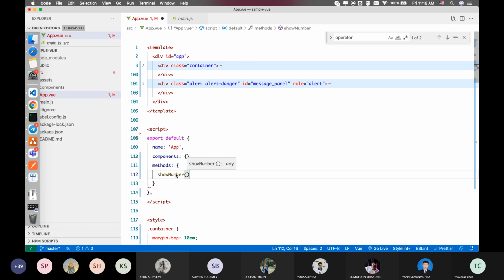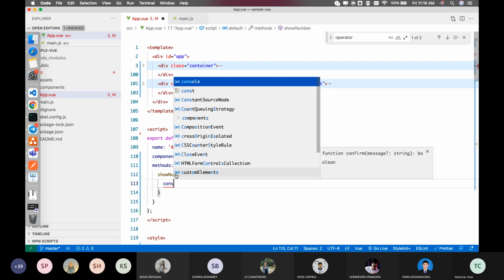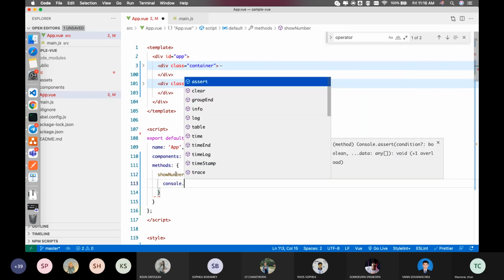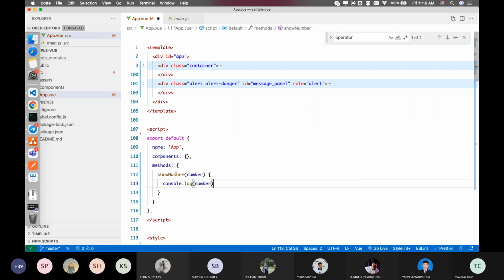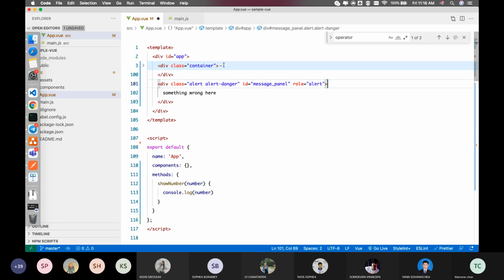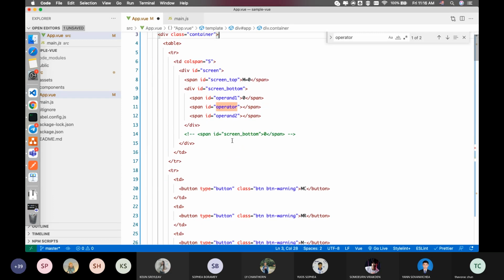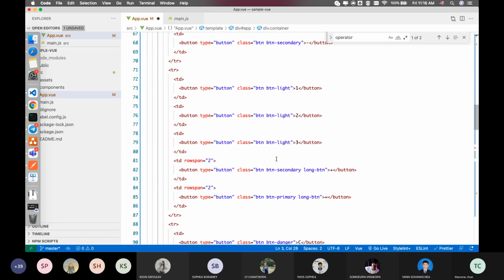It's simple, and it will receive a parameter. Okay, and then maybe I just console.log. Okay, and then we need to call this function by going to any button that you see on screen. For example, the number 1, 2, 3, like here, and then you can apply v-on